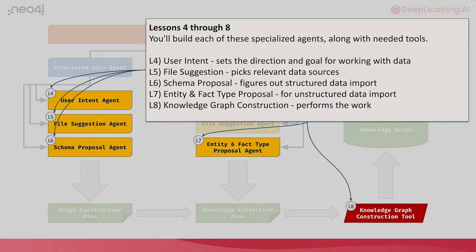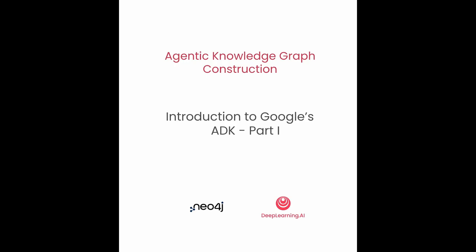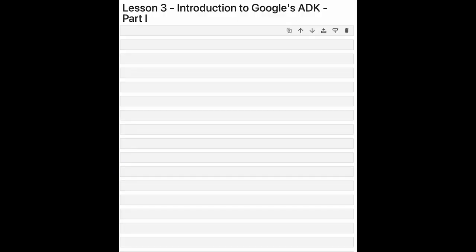I'll see you there. To build the multi-agent system, you'll use Google's ADK, or Agent Development Kit, which is a framework for developing agents. In this lesson, you'll learn how to create and run one agent as well as a team of agents. All right, let's go. In this lesson, you'll familiarize yourself with Google's Agent Development Kit, and you'll use that for building agents throughout this multi-agent system. In this lesson, you'll learn how to create and run an agent using ADK, and the imports that